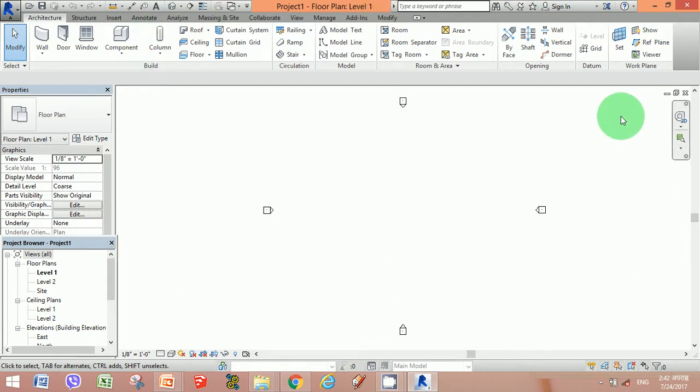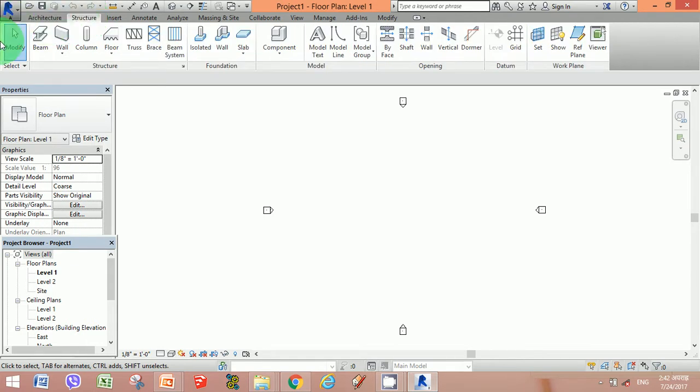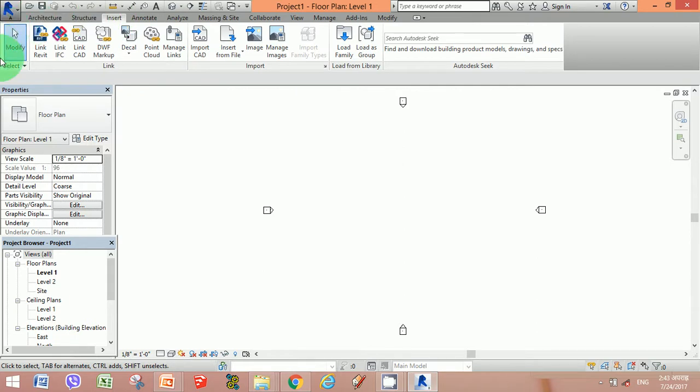So this is the basic template that we're going to use. Here in the Architecture tab, we could find the Modify tool, the Wall tool, Door, Window, Component, Column, and similarly other tools as well. These tools are kept here so that we would find them easier to use in our design project. If you want any kind of structural components, you could go to the Structural tab. You have the Insert tab over here. You can link Revit with other software, or you could import CAD files or any kind of other software files from this window.